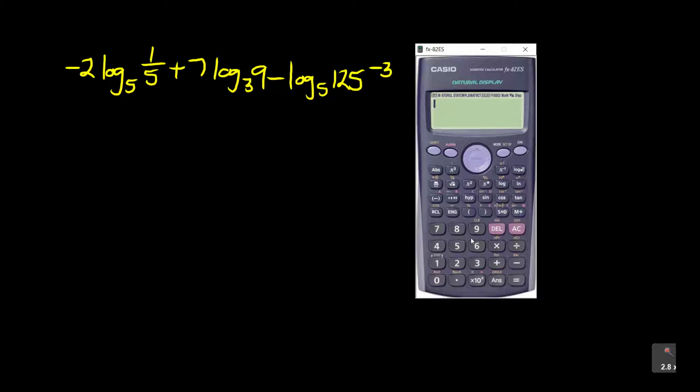Pay attention. You are going to say minus 2, put a bracket first, and then you say log. I'll show you when I don't put that bracket, you'll see the answer will also change. Log 5, the logarithm also puts its own brackets, 1 over 5, that's the calculator, and you close the one that you opened, plus again 7. Don't just say 7 log, put a bracket, and then you say log base 3 of 9, and then minus,